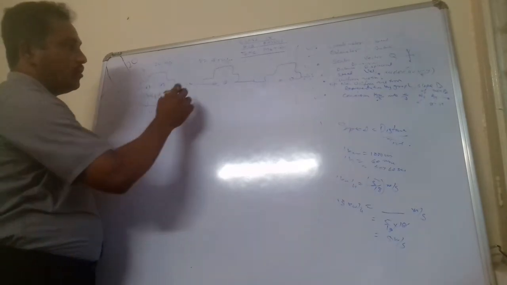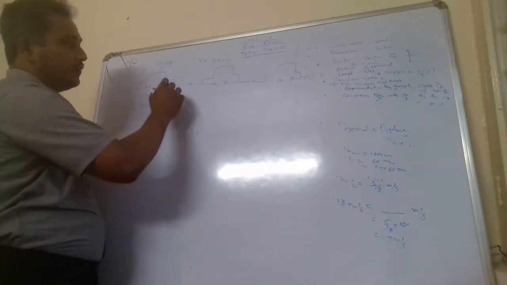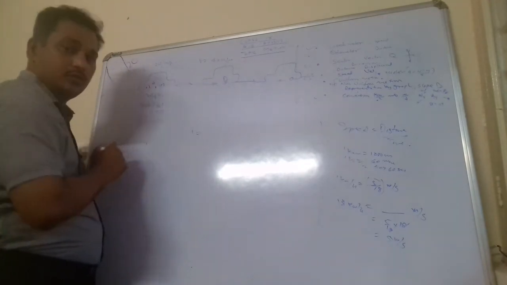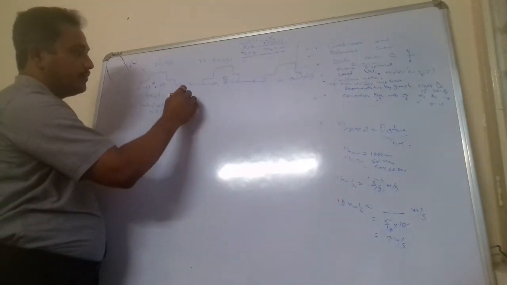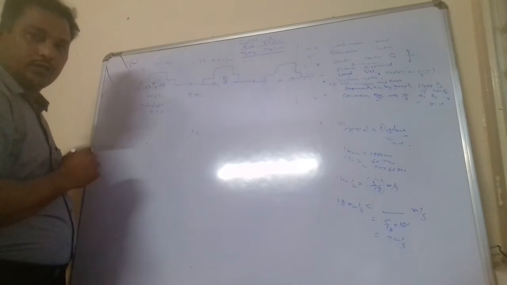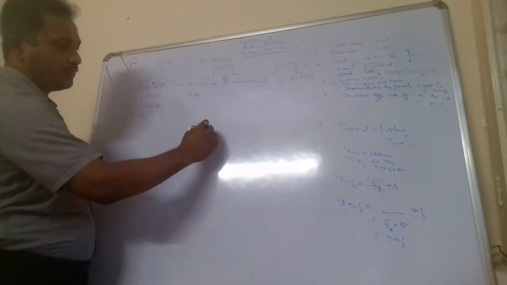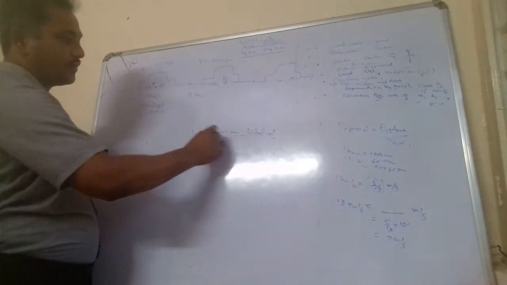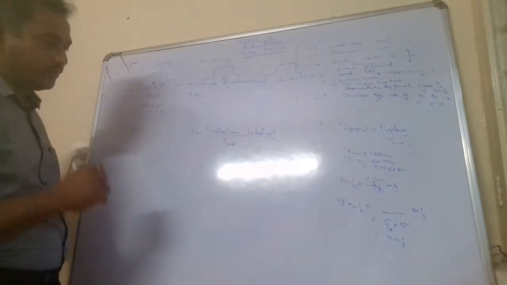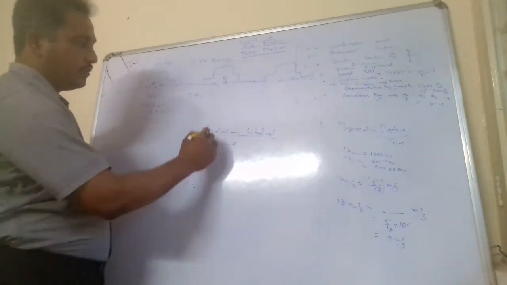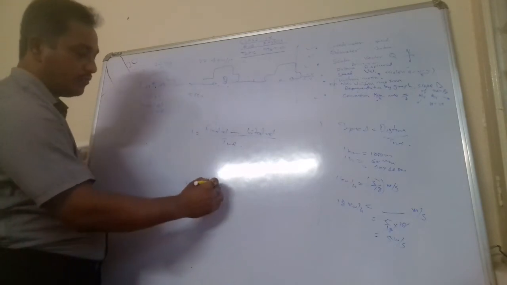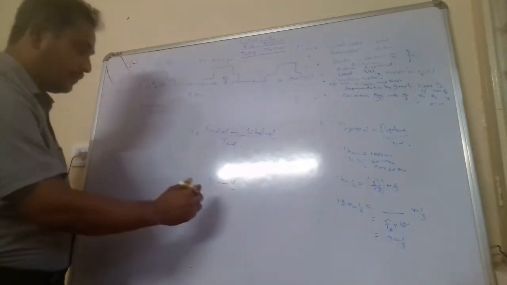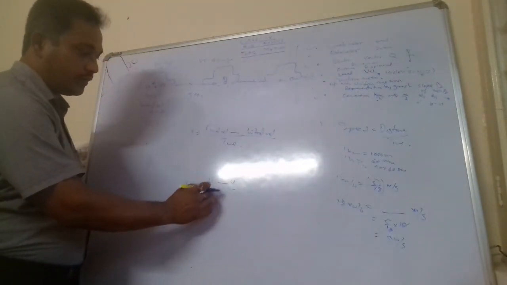Now it is moving. Can you tell me how much the acceleration will be if it is taking some time from point A to point B? For example, it is taking 5 seconds. So we will calculate acceleration as final velocity minus initial velocity, whole upon time. This formula we will use. So acceleration will become: final velocity v minus initial velocity u, and the time taken here is 5 seconds, so we put the variable t.